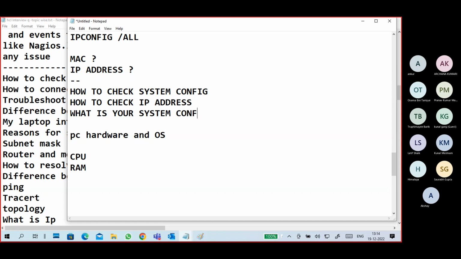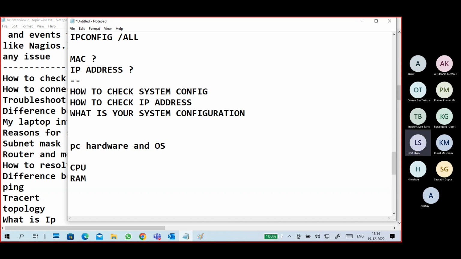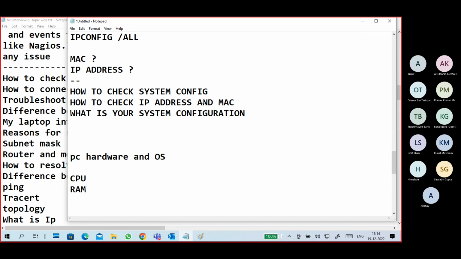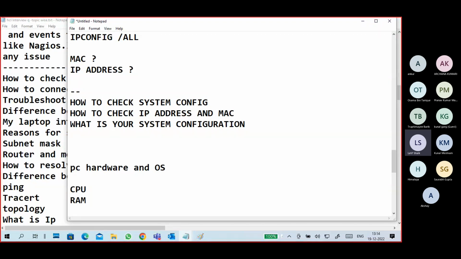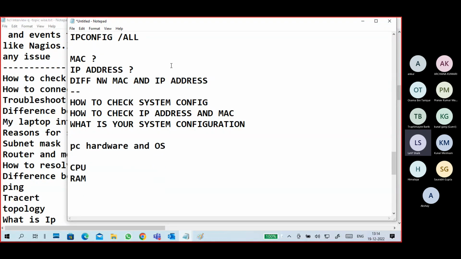How to check IP address and MAC address also. What is the difference between IP and MAC address? I already have written what is IP address, what is MAC address, difference between MAC and IP address. Most common questions, guys.